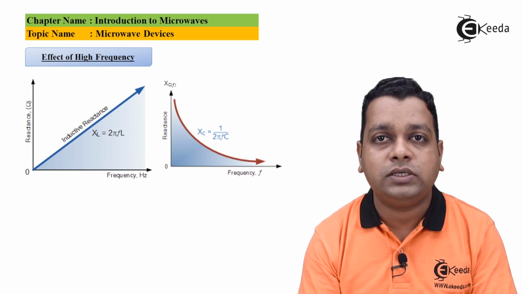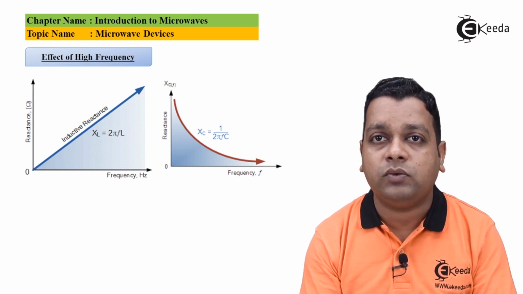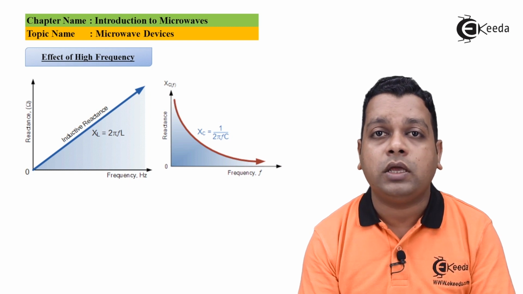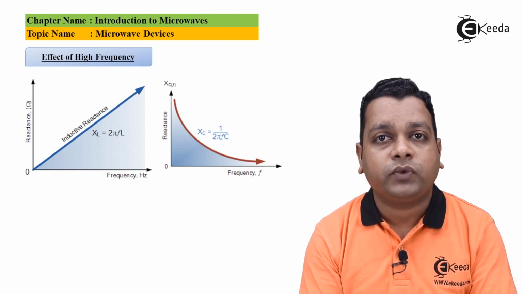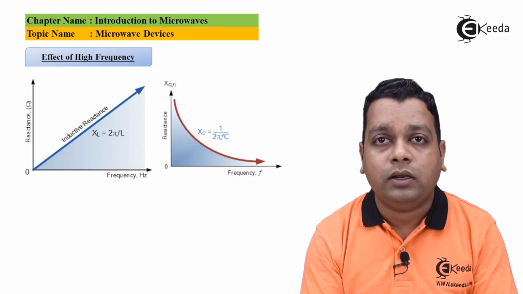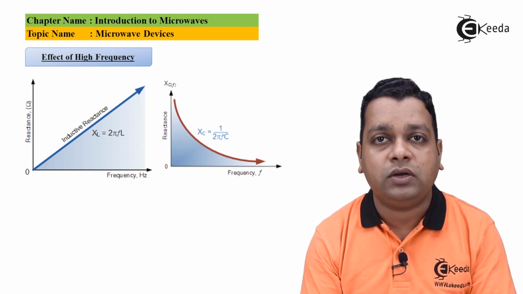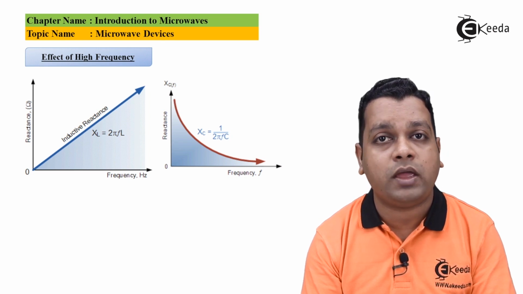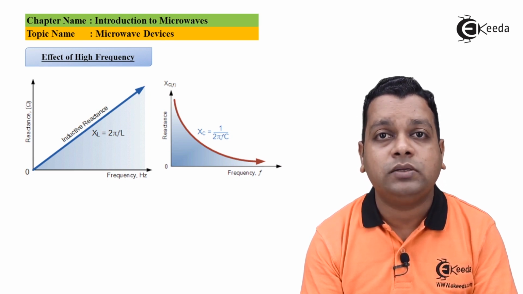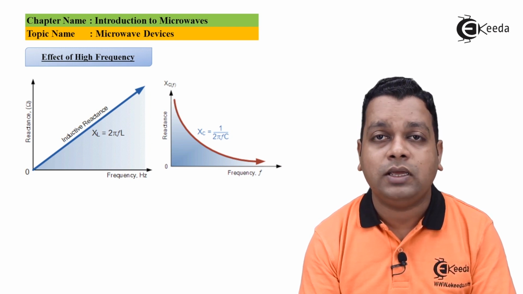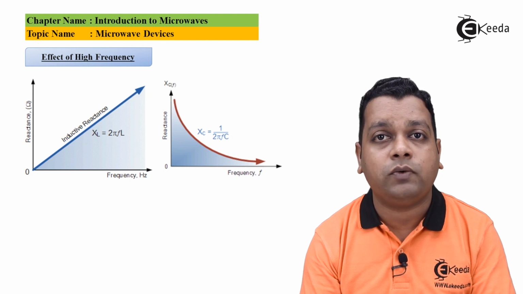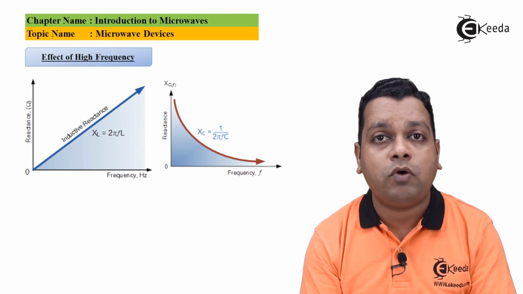So whatever is generated should be totally given to the other device. But if you go with a higher frequency, we know that whatever the electrode inductance is there, here we have the reactive inductance formula given as XL is equal to 2 pi FL. So if you increase the frequency, it is directly proportional to the reactive inductance, hence the reactive inductance is also increased. So it is a type of impedance.